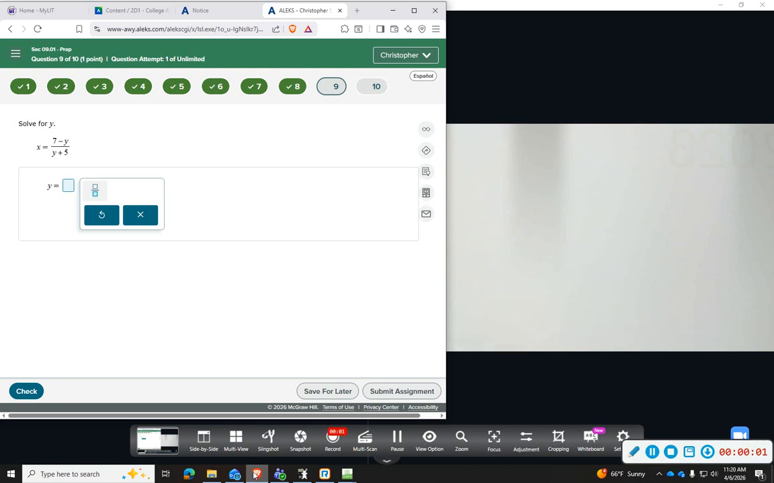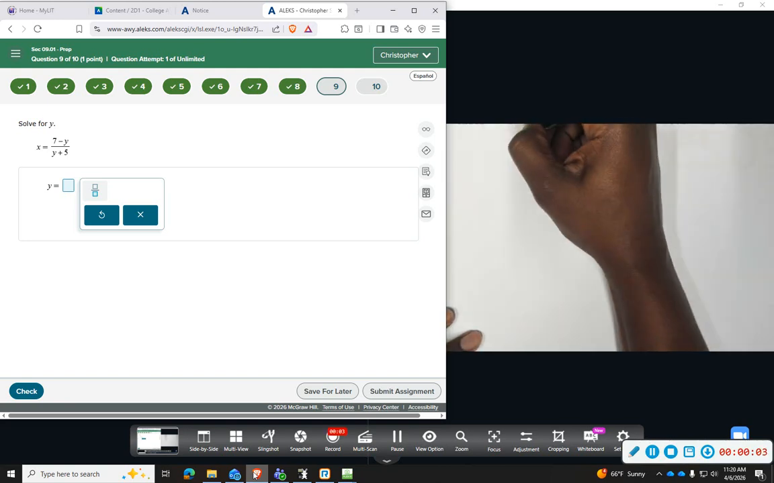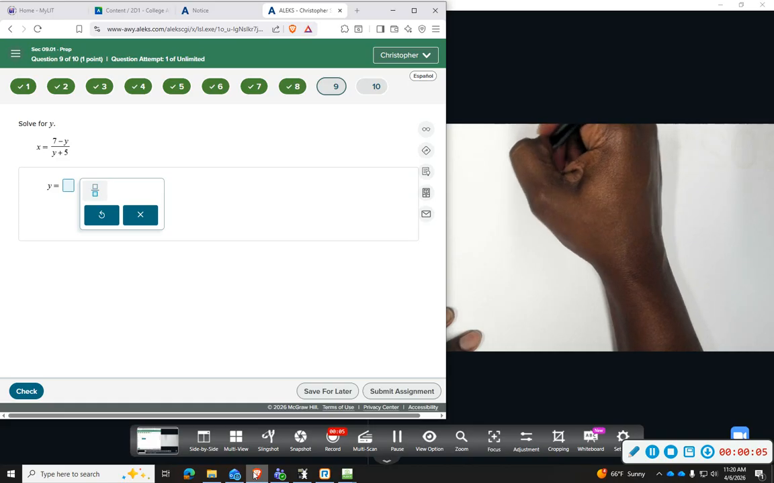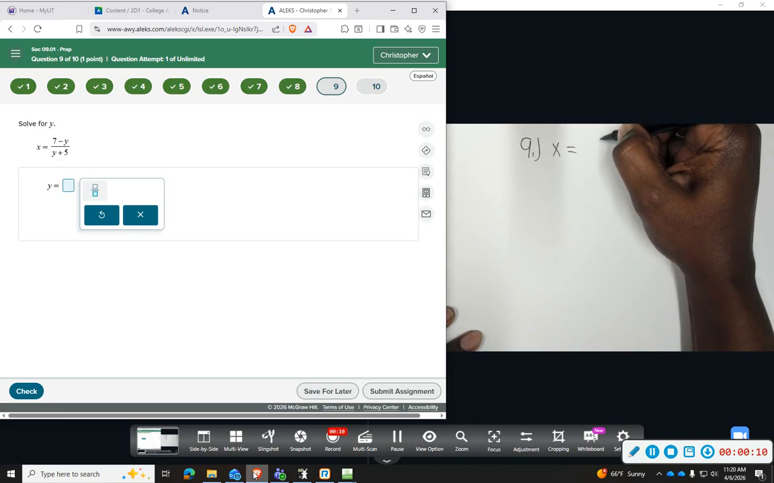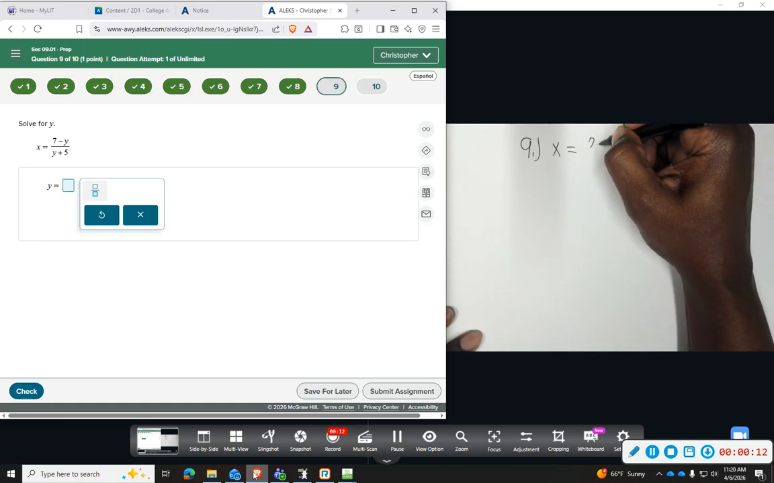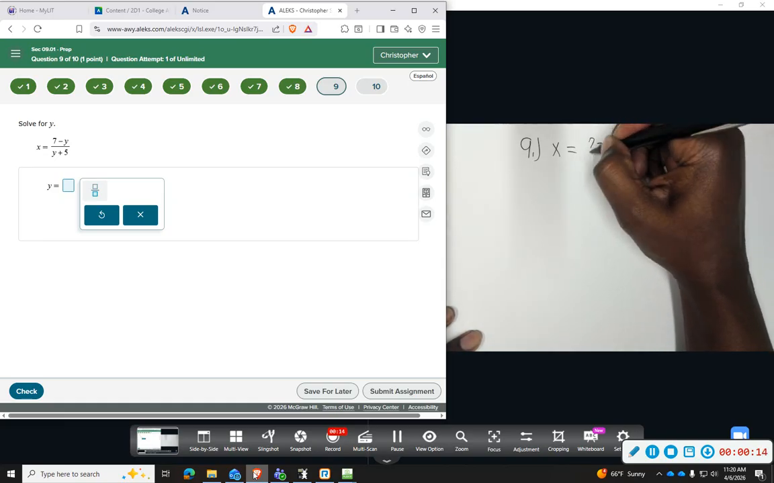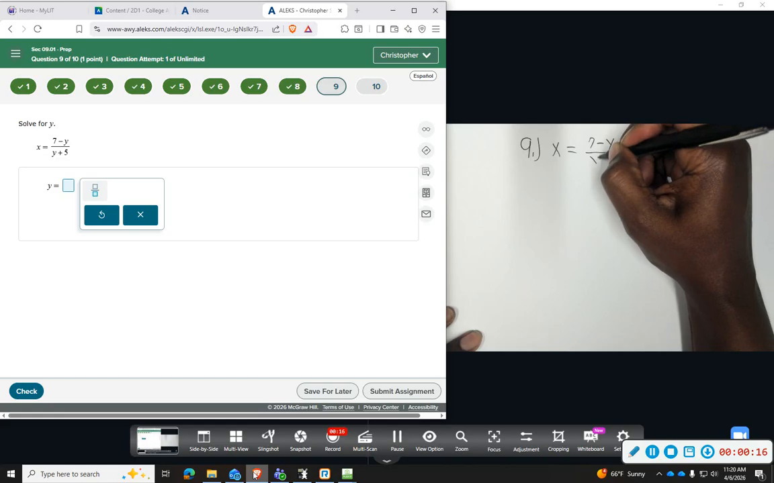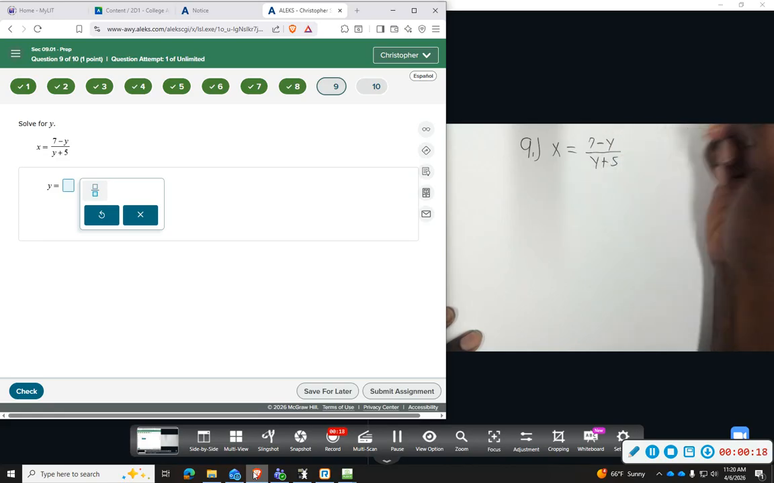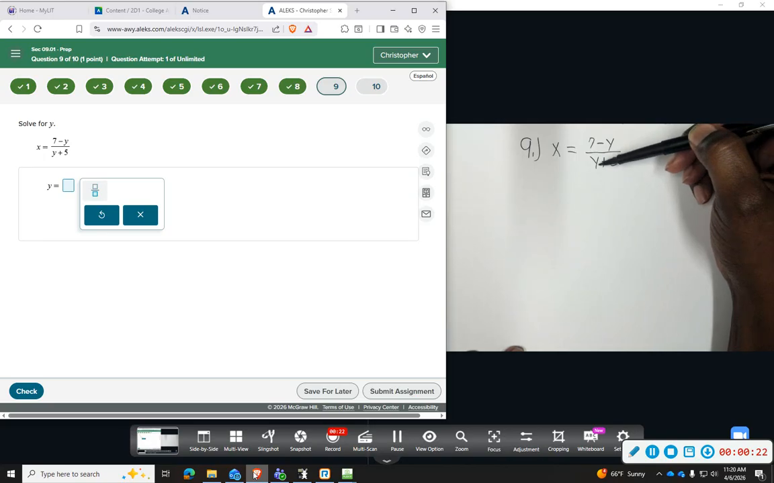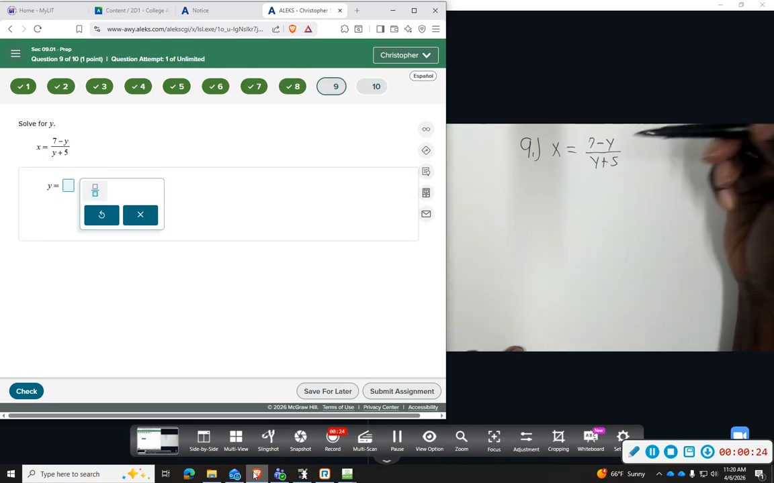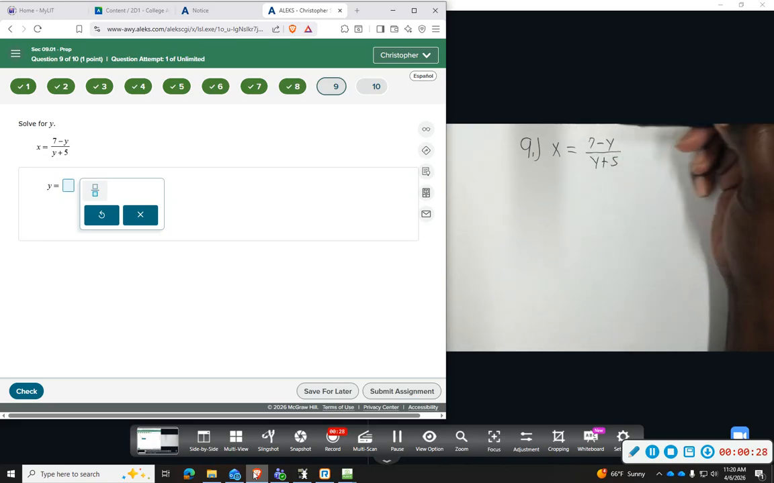All right, number 9, we want to solve for y. We have x equals (7 minus y) over (y plus 5). So now this looks a little bit more complex because we have 2 y's in the problem. Usually when that happens, we're going to want to get them on the same side, and then we'll factor out